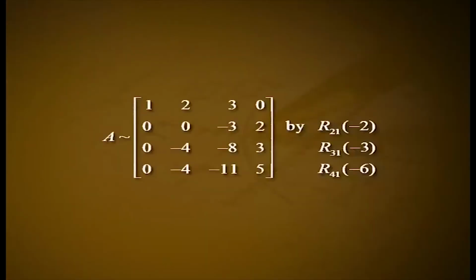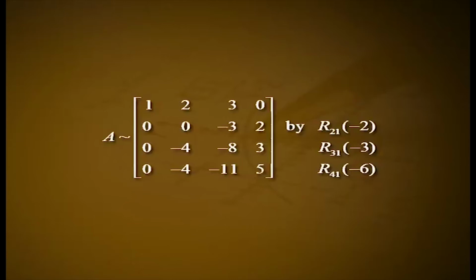Example 9. Find the rank of the following matrix by reducing it into echelon form. Matrix A is equal to [1 2 3 0; 2 4 3 2; 3 2 1 3; 6 8 7 5]. Solution. A is equivalent to the matrix [1 2 3 0; 0 0 -3 2; 0 -4 -8 ...